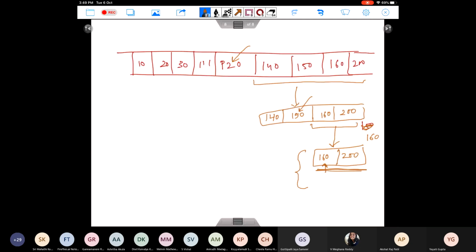So let's say my number of elements is 10. Which two elements will be in the middle? Let's say I have these 10 elements, and these are their indices. Which two elements are there in the middle? 4 and 5.